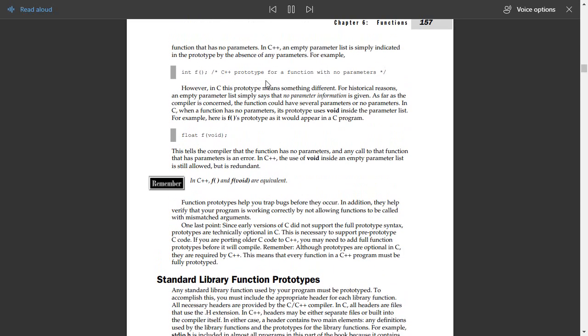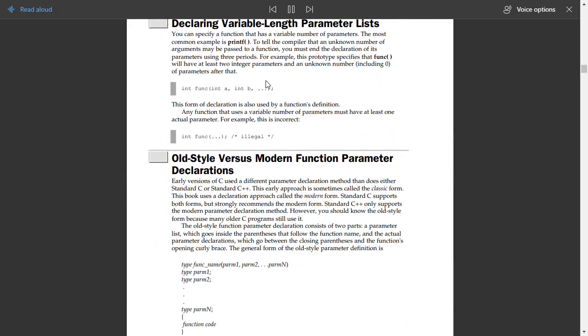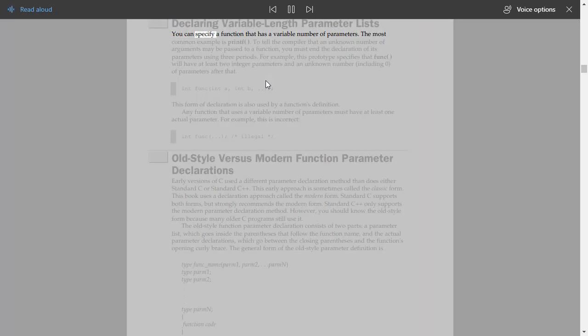Chapter 6, Functions 157. Remember, declaring variable length parameter lists. You can specify a function that has a variable number of parameters. The most common example is printf. To tell the compiler that an unknown number of arguments may be passed to a function, you must end the declaration of its parameters using 3 periods. For example, this prototype specifies that func will have at least 2 integer parameters and an unknown number, including 0, of parameters after that: int func(int a, int b, ...);